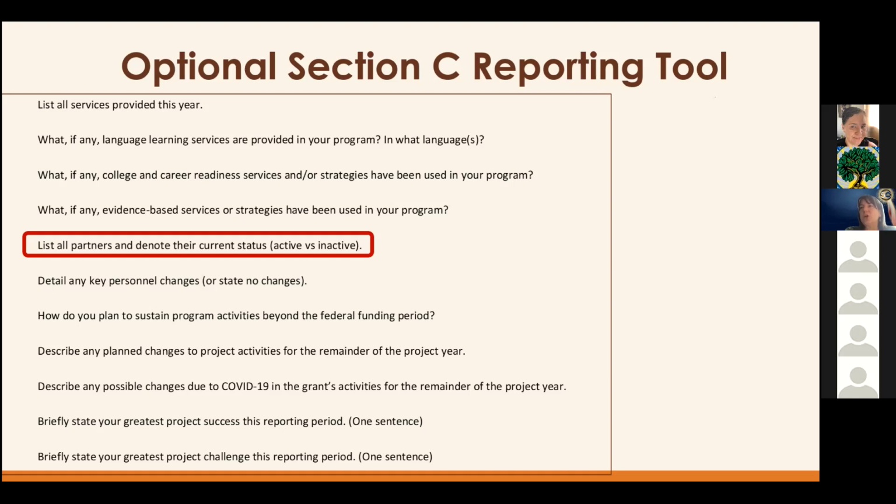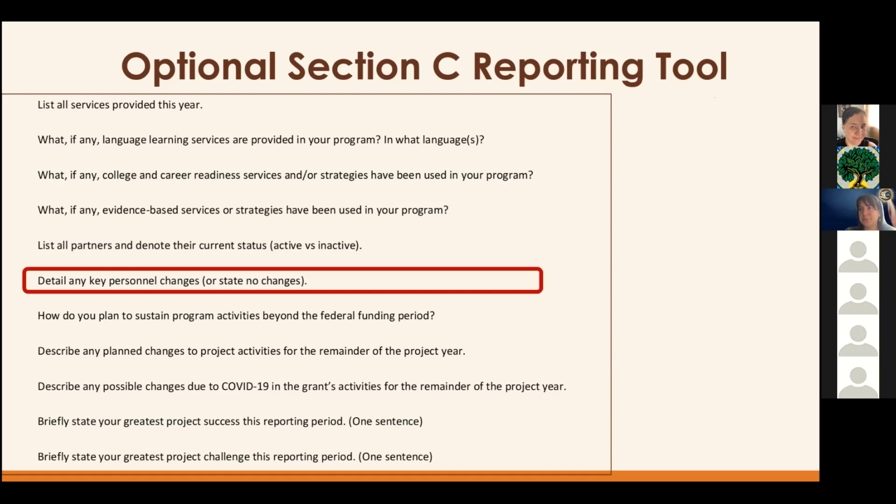We want you to list all partners and denote their current status. So even if they're inactive, go ahead and list them, label them as inactive, and then also include your active partnerships as well. Provide any details about key personnel changes, or if you don't have any changes, you can just state no changes.